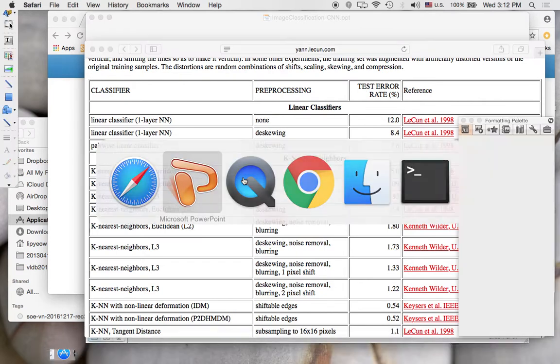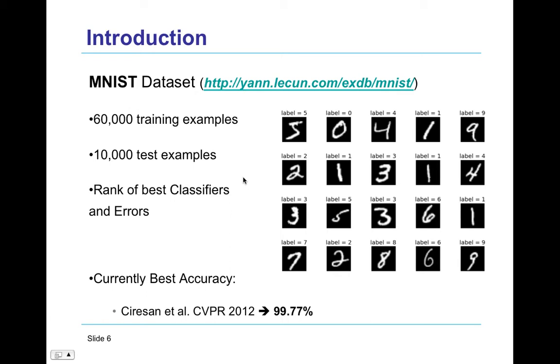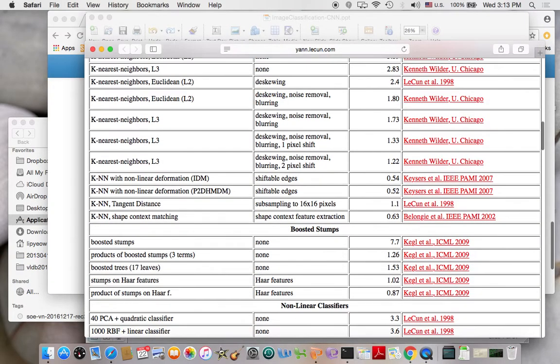So for this data set, we have 60,000 training images and 10,000 test examples. The rankings and errors are there, and the current best accuracy is 99.77. It means that they can recognize almost every single image from the test. So it's getting very good results, and if we go there and check which of those methods,